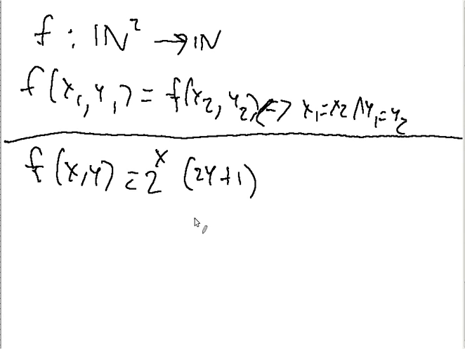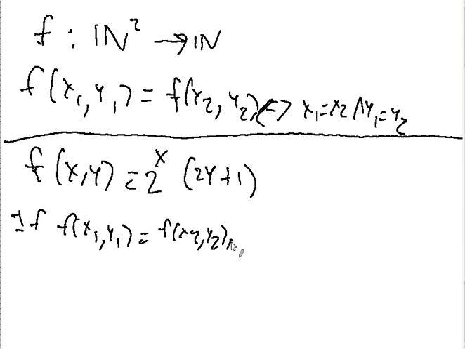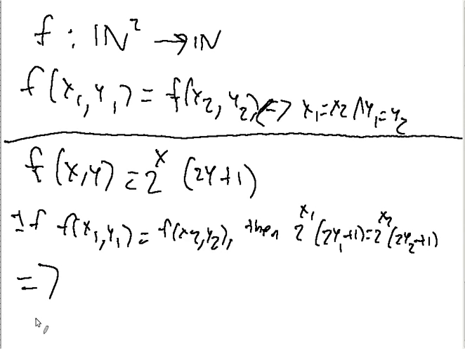This function is an injection from pairs of natural numbers to natural numbers. In fact, an injection from pairs of natural numbers to positive integers. It's a one-to-one mapping, as some people say, because if f of x1, y1 equals f of x2, y2, then 2 to the x1 times (2y1 plus 1) equals 2 to the x2 times (2y2 plus 1), which means,